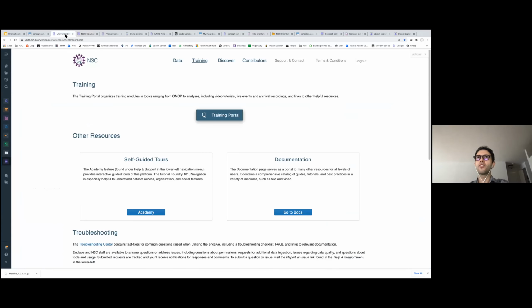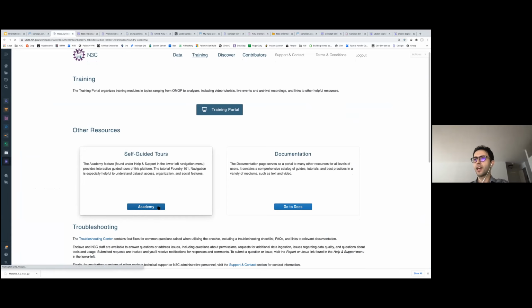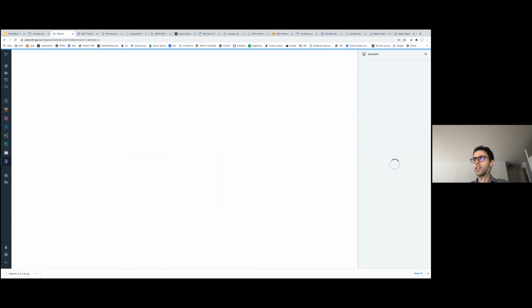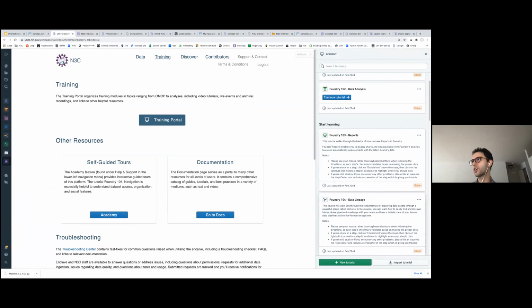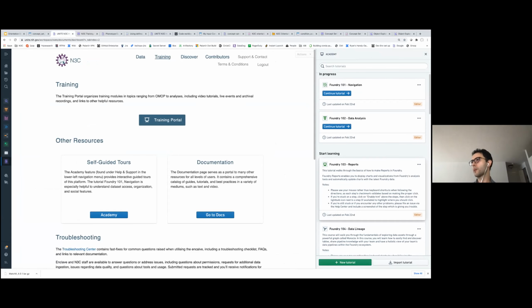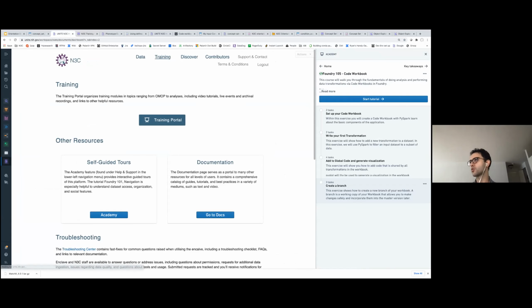Other training resources are, like I mentioned earlier, the Academy. The Academy is some very short, self-guided tutorials that walk you through the tools within the Enclave, like reports, like Contour, like the spreadsheet. There's a tutorial on reports, and there's one on Code Workbook.